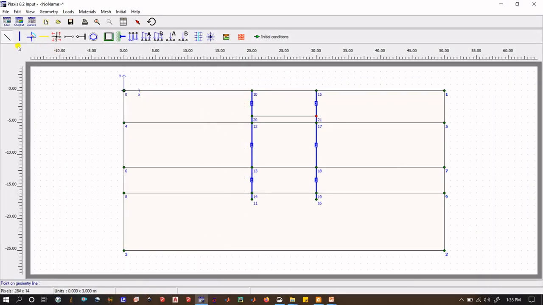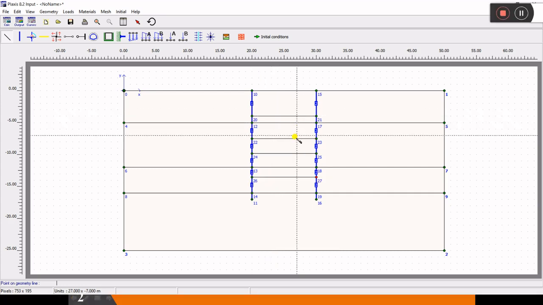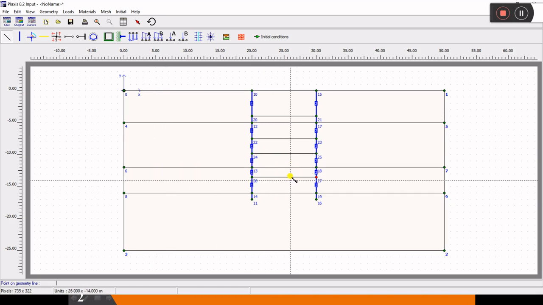So the second one will be 7.5 meters, so 20 minus 7.5 and 30 minus 7.5. Then the third one. I'll create all the excavation stages here. So this is the first stage, second stage, third, and the fourth one is at this level only. It is 12 meters, and it is the fourth and fifth.